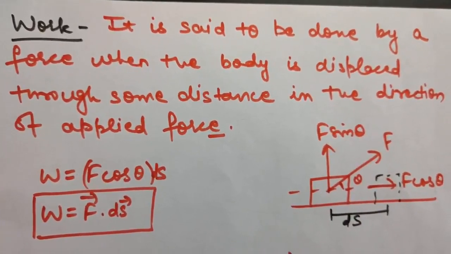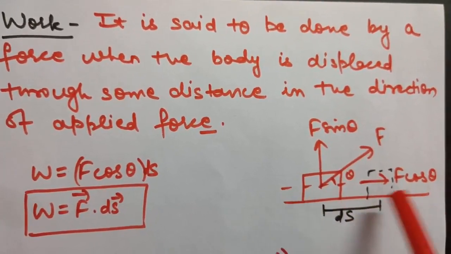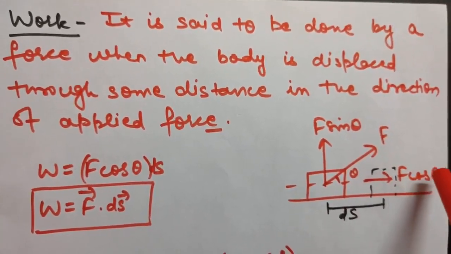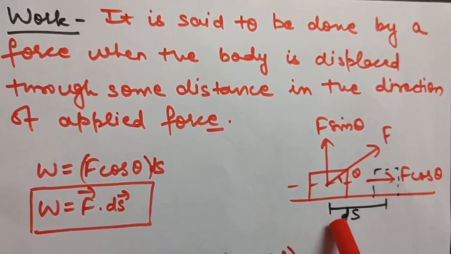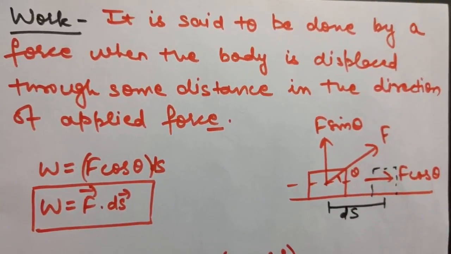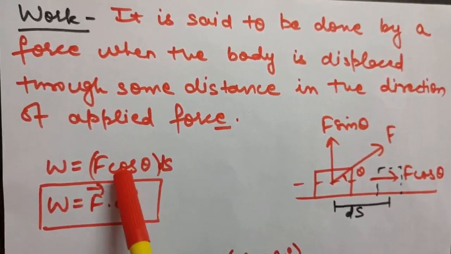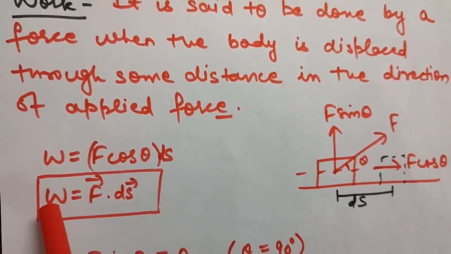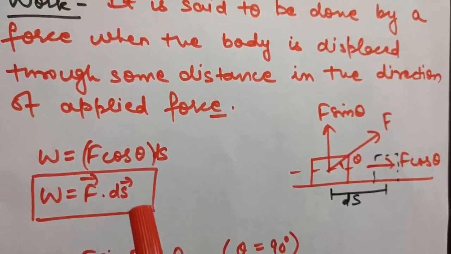This you already know. So now what will be work done in this case? See, because displacement is in the x-axis and the component of force which is applied in this axis is F cos theta, in this case work done will be F cos theta into your displacement, that is ds. So we have taken the component of force in the direction of the displacement. Now if you compare it, this is ab cos theta, and as you know the formula of a dot b is ab cos theta. So work done is nothing but the dot product of force applied and the small displacement. So this is F dot ds.